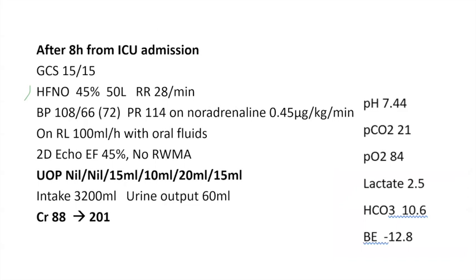He's stable on high flow nasal oxygen, respiratory rate down to high 20s from high 30s, and blood pressure is stable with a MAP of 70, and heart rate is down to 114, still with noradrenaline 0.45 mics. And more concerningly, the urine output is reduced. For more than 6 hours, he remains oligoanuric, and the creatinine has risen to 200 from a baseline of